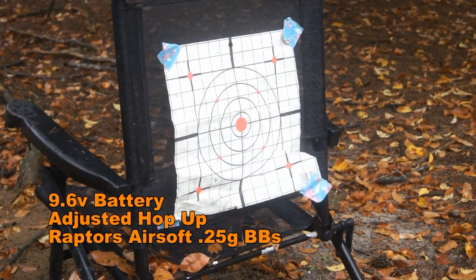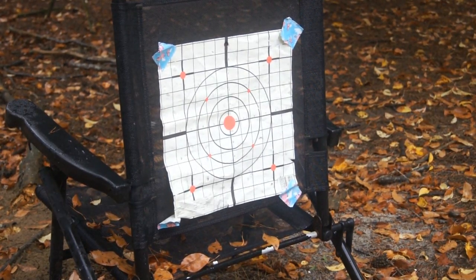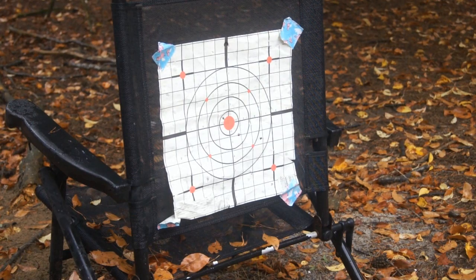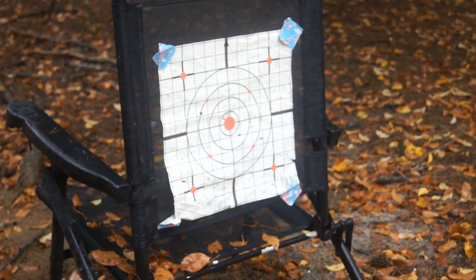For the accuracy test portion of the video, I positioned myself only about 110 feet away from the target and took aim with 0.25 gram Raptors Airsoft BBs as well as an adjusted hop-up. Overall, I was pretty pleased with the accuracy I saw at that distance. We were able to hit the target essentially every single time on either full or semi-auto. So at that closer range, maybe a little close in the outdoor field, you're definitely going to be able to hit your target with this AEG as long as you take the time to adjust your hop-up